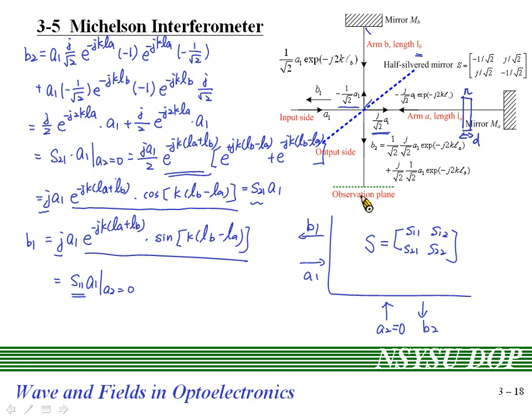Similarly, if you know the thickness here, you can use the power variation to obtain the phase delay variation here, and according to the phase delay variation, you can find out the material index n. So this kind of Michelson interferometer is frequently used for sensing or to find out the material thickness or material index for researchers.